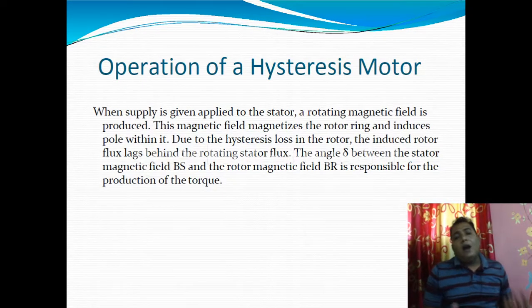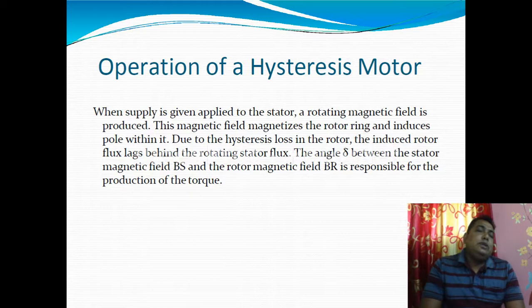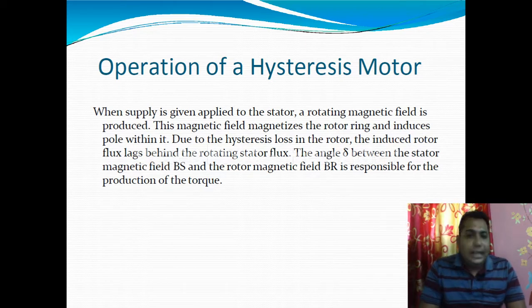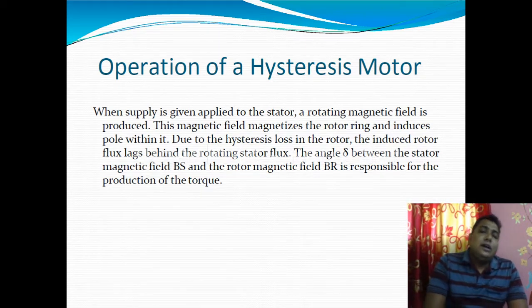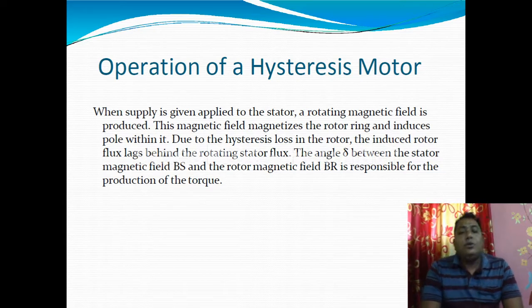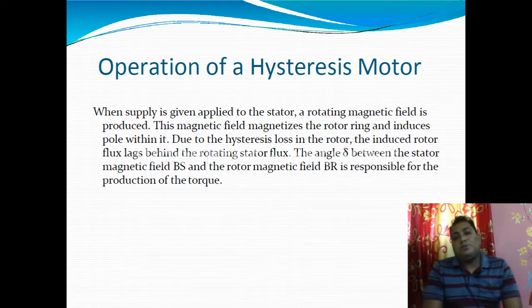Okay, so now how do hysteresis motors work? When supply is applied to the stator section, a rotating magnetic field is produced. This magnetic field energizes the rotating rotor ring and induces poles within it. Due to the hysteresis loss in the rotor, the induced rotor flux lags behind the stator flux. The angle delta between the stator magnetic field Bs and the rotor magnetic field is responsible for the production of